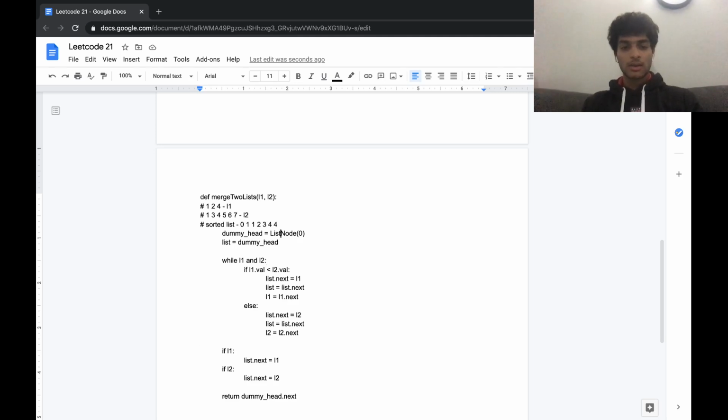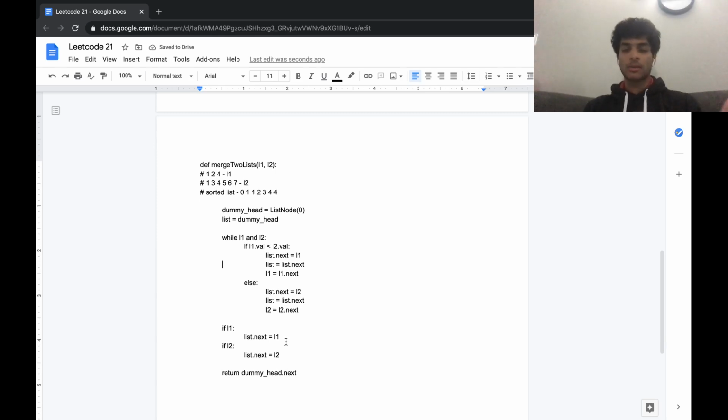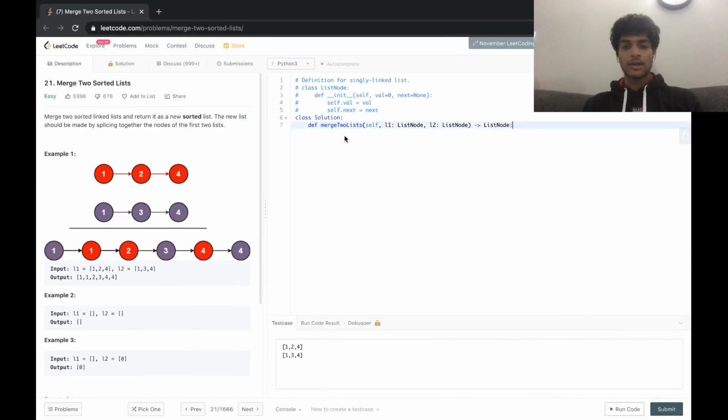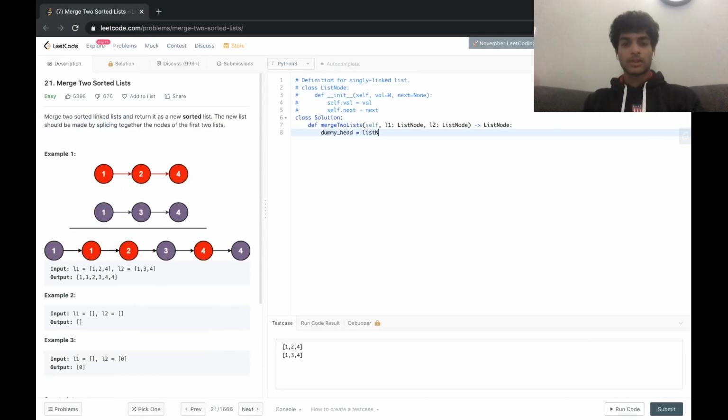Let me enter a spacer so it's easier to read. And so now what I'm going to do, I'm going to copy this over into our Leetcode editor here, and we'll give it a shot. We need that. Okay, so list is not a very good name. So dummy head, while L1 and L2, if L1.val is less than L2.val, list.next is equal to L1,